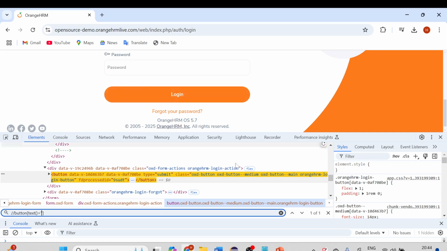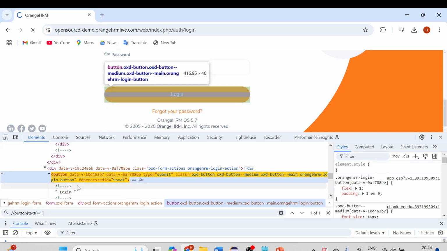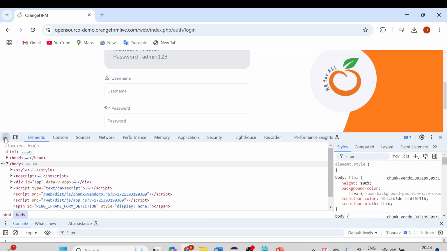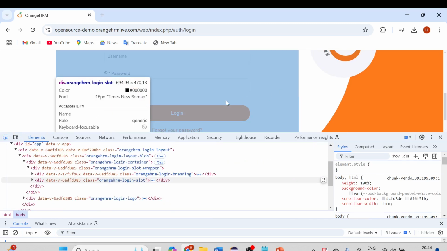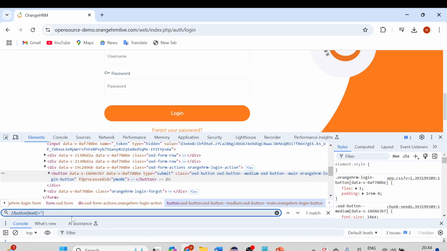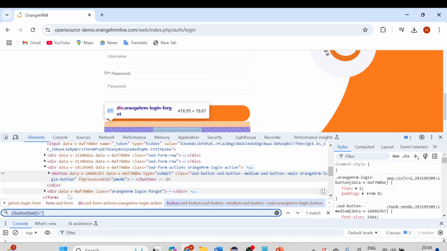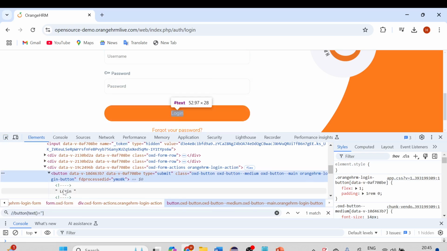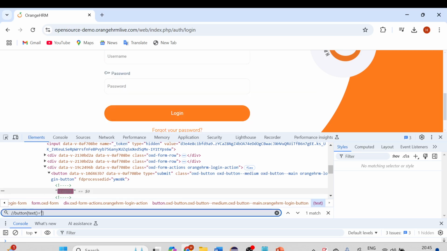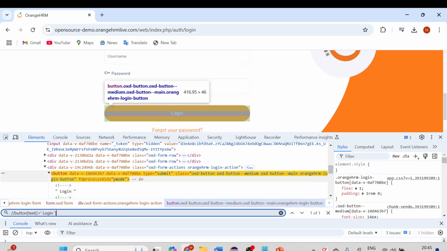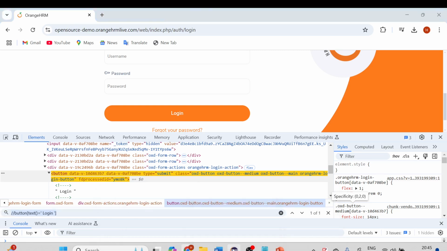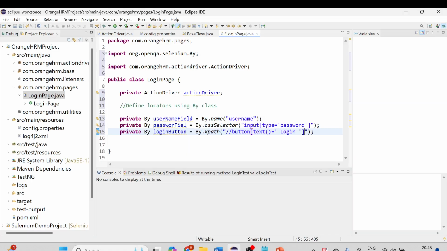If we expand this, we have Login, and there is a space, guys, just remember that. When we find it, it should display 1 of 1. When you get a unique element, only then you go for that locator. So I'll put the locator over here,